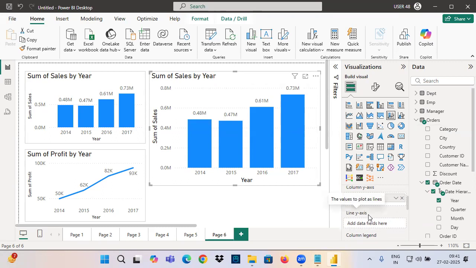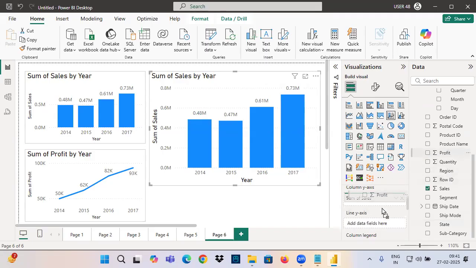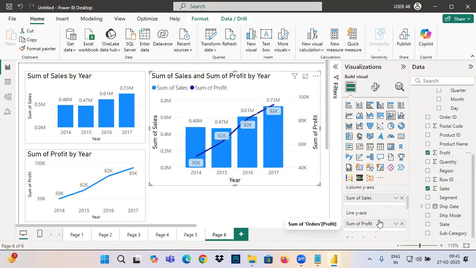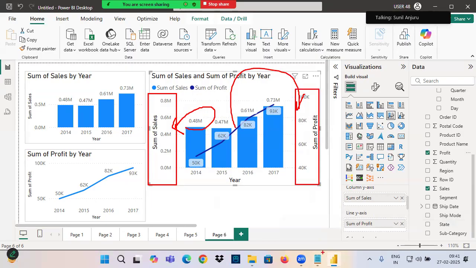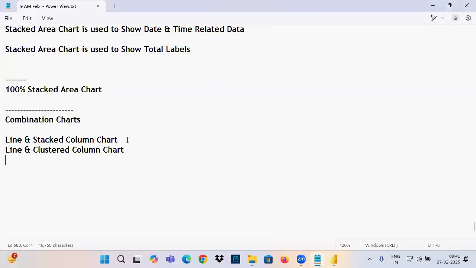Now, next one is what? Line y-axis. Go and drag profit into the line y-axis. When I drag profit to the line y-axis, we can see that by default the column scale shows on the left-hand side. Where does the line scale show? Right-hand side. In the line and stacked column chart, by default,